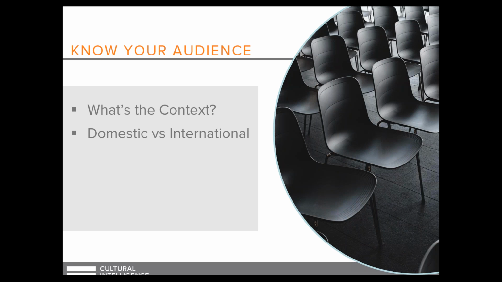The second training tip, and this is something that you, of course, know, but I think it's really important as it relates to unconscious bias, because my experience has been that I've been training this in a wide range of contexts, whether in the domestic setting or the international setting.